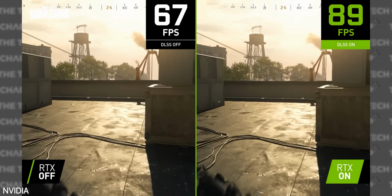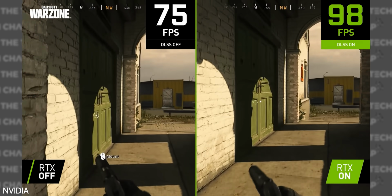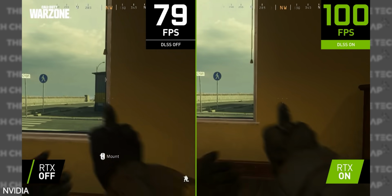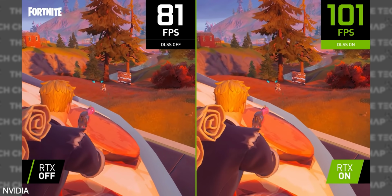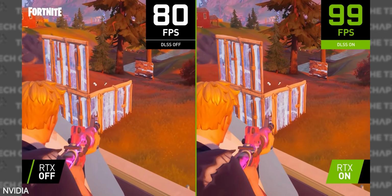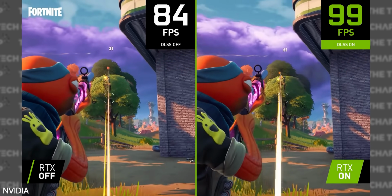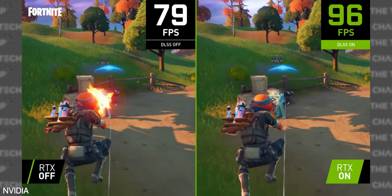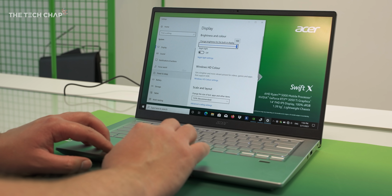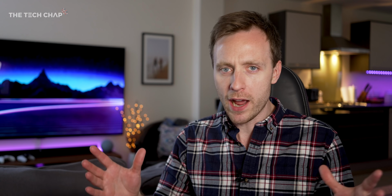And NVIDIA says that the 3050 Ti in this top spec Swift X should get over 60 FPS in demanding games like Call of Duty Warzone, Control, Watch Dogs Legion, and Minecraft, all with ray tracing enabled. However, in their demo, most are running at medium settings with DLSS upscaling, so I'm really going to need to test this myself with a proper review sample back at the office. So we don't have concrete numbers just yet, that will come with my full review, but I'm still very optimistic,